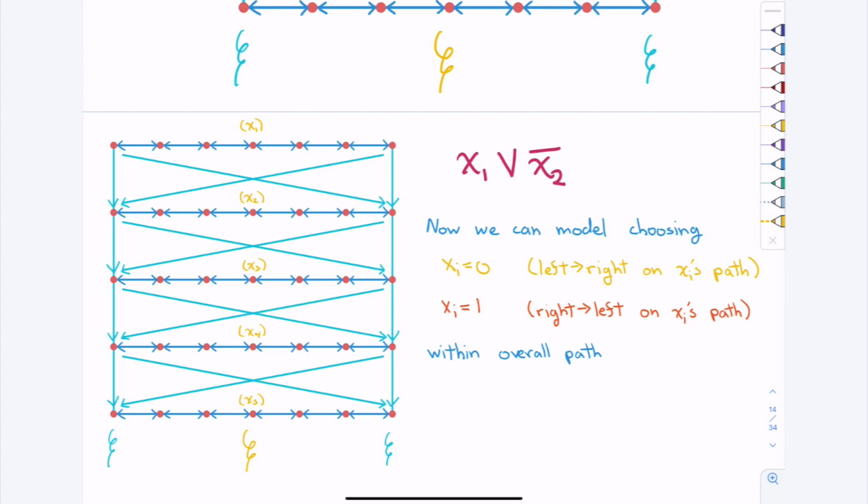Yeah. Maybe you could set one of the sides of x1 to be true and the other to be false. And then if it takes the true direction, when it comes out of that edge, it has to take the